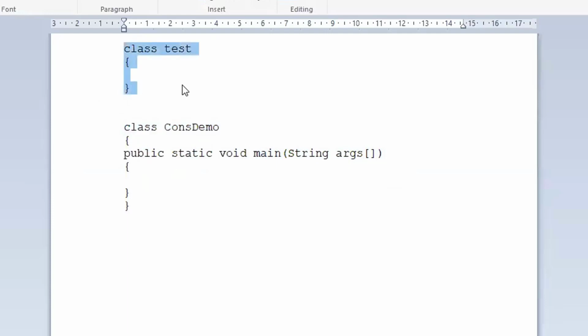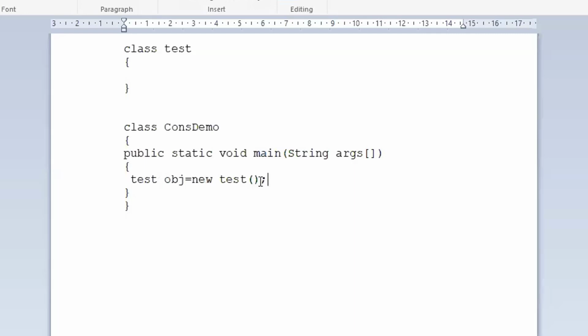Then I have something called a class Test. Within this class Test, there will be a constructor defined by default. Let me write one small statement. What statement? I want to create an object of that class Test. How to create an object? Test obj is equal to new Test. This is how you create an object.